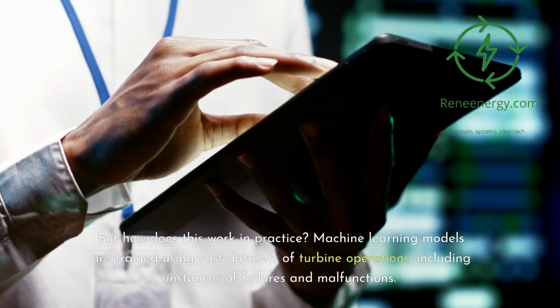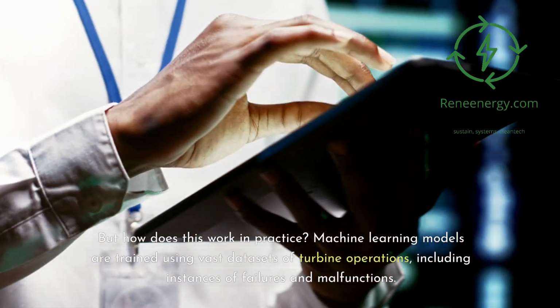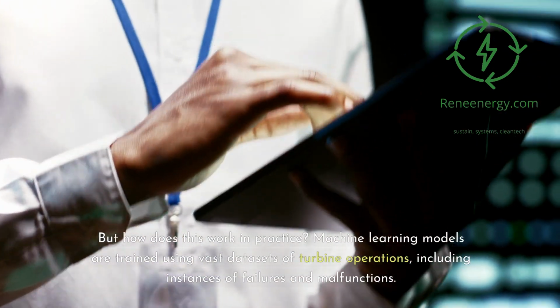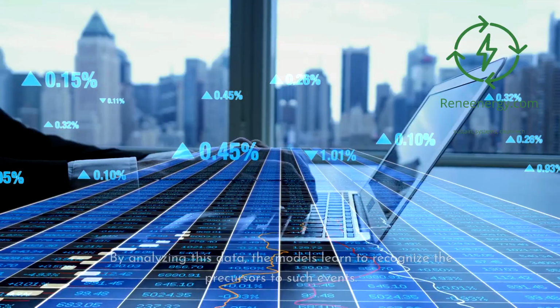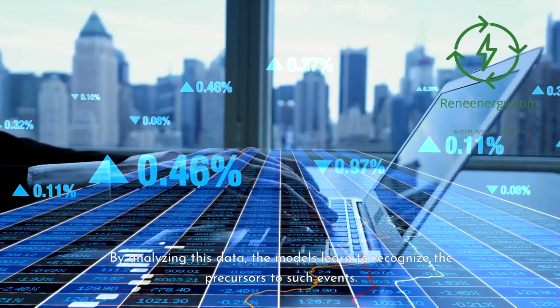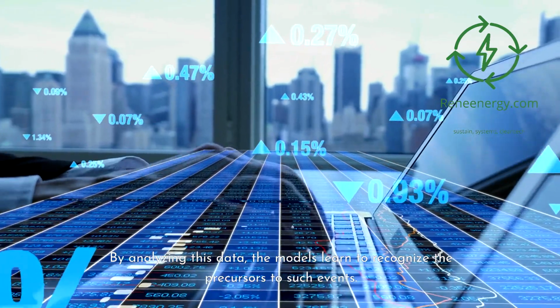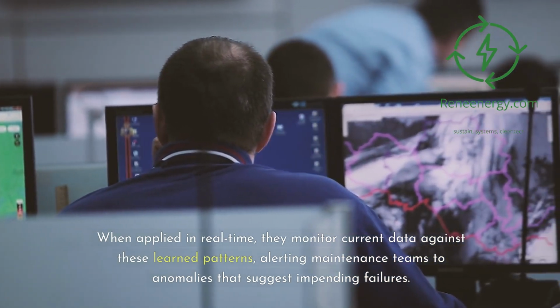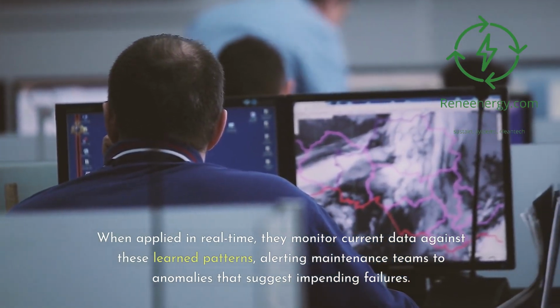But how does this work in practice? Machine learning models are trained using vast datasets of turbine operations, including instances of failures and malfunctions. By analyzing this data, the models learn to recognize the precursors to such events. When applied in real time, they monitor current data against these learned patterns, alerting maintenance teams to anomalies that suggest